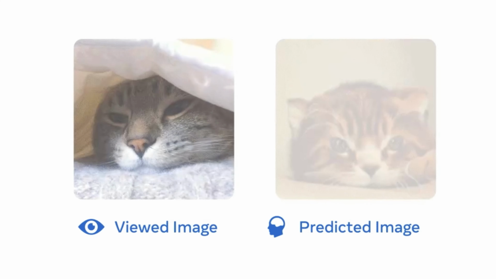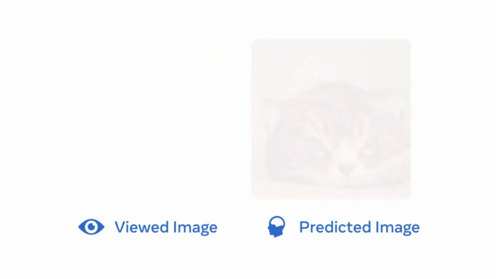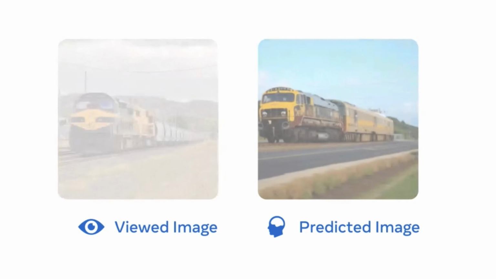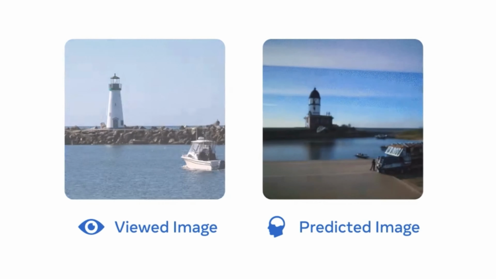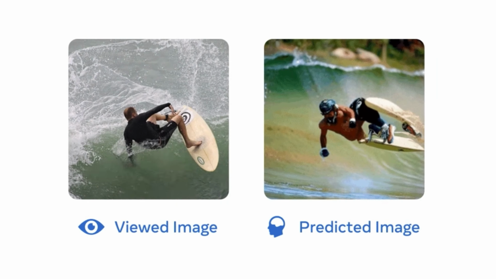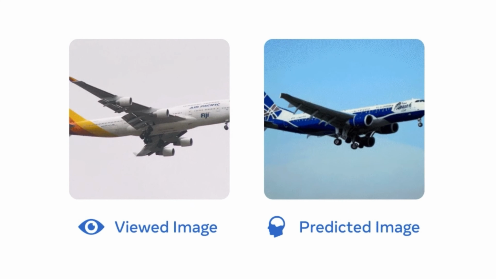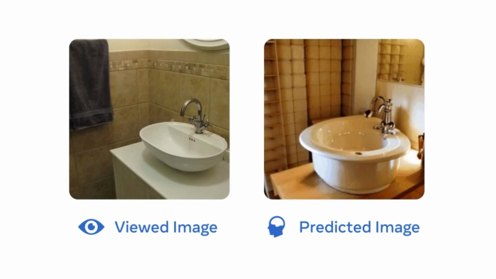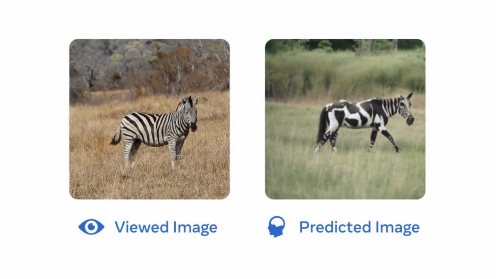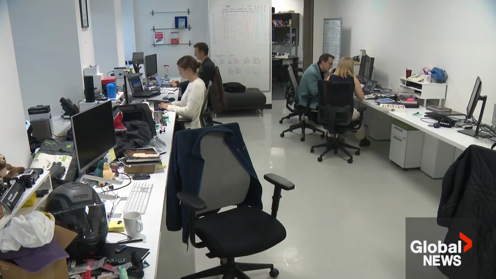Here is a more up-to-date version of that, where the person is looking at a cat and it sees the cat. It's clearly understanding what it is that the person is looking at and is able to reconstruct at least some representation of that. So pretty big advancement there. I believe they've done this with people's dreams as well. So if you hook this up while you're dreaming, the AI can reconstruct a visual representation of what you were seeing in your dreams.